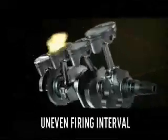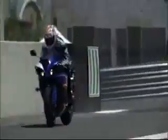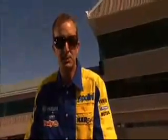Hear that? That's like music. That's the new uneven firing interval cross-plane crankshaft. This baby is like having two engines in one. I've ridden it. I can tell you it's the closest thing I can get to my M1 that I race